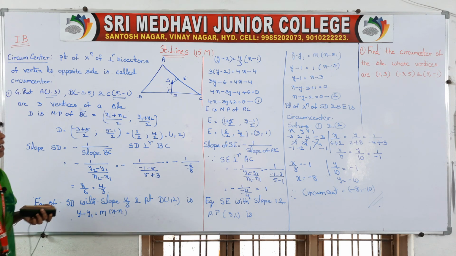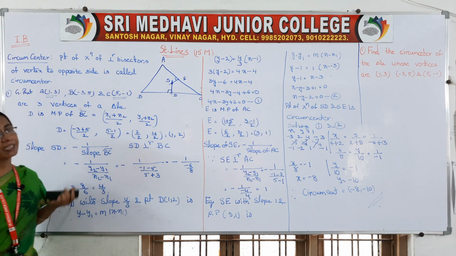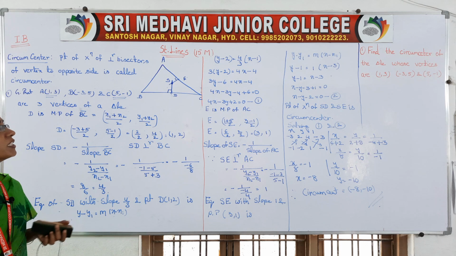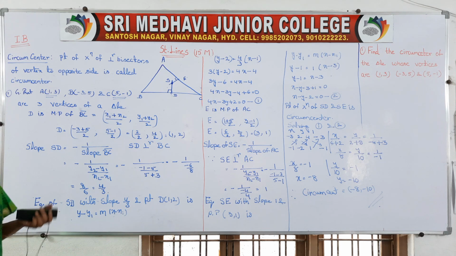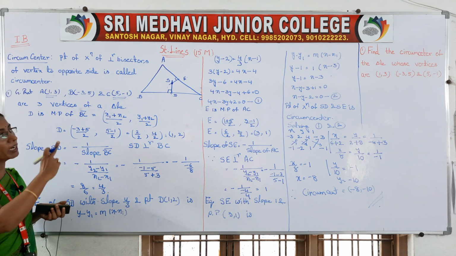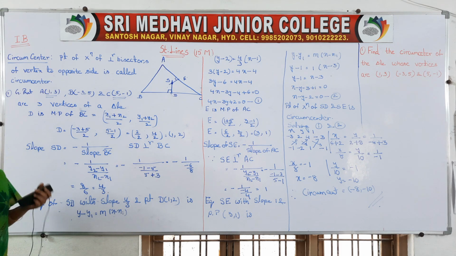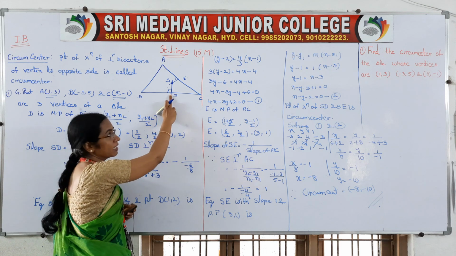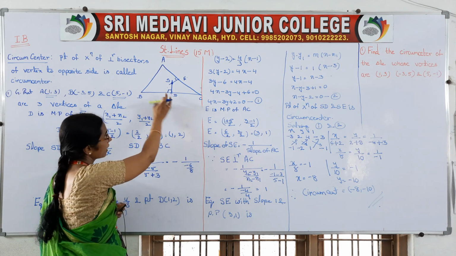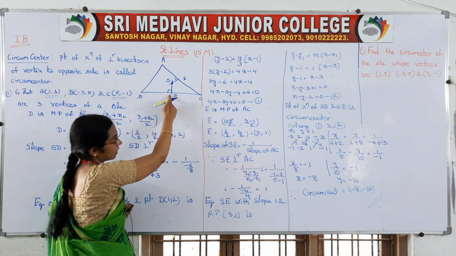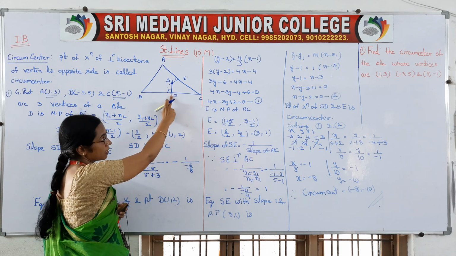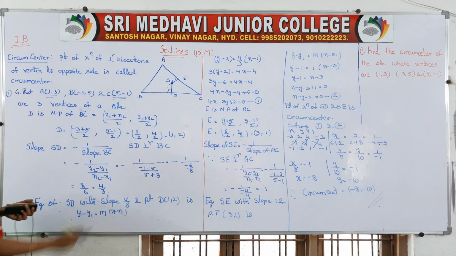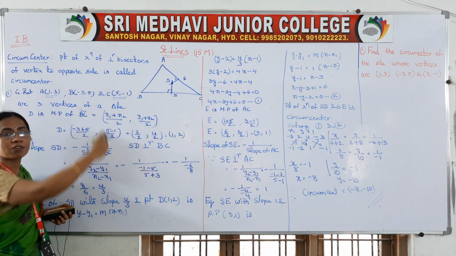So how will we find SD? Again it is a line only. Perpendicular bisector is the name, but if we see, again it is a line. So to write a line equation we need one point and a slope. So try to get a point. How will we get it? Yes, we can get the point D. How? As I said, it divides this line into two equal parts, so this is the midpoint. D is the midpoint of BC. By applying the midpoint formula, we got our D.